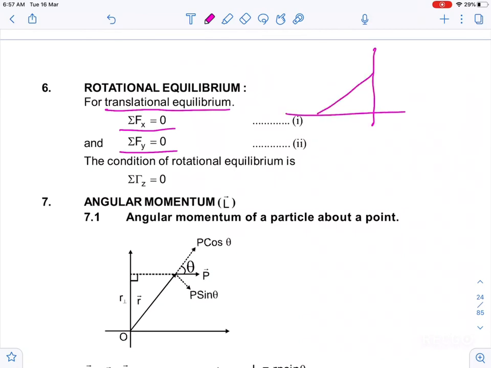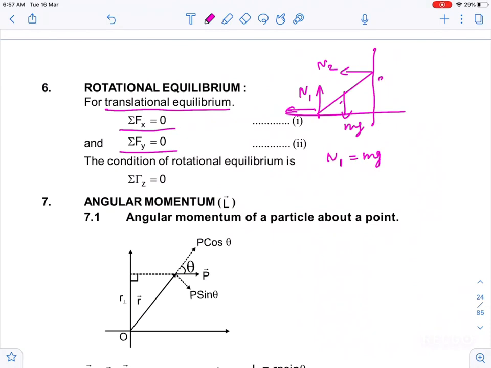We can solve some questions like that. If a rod or ladder is sliding like this, what are the forces acting on this rod? This normal here N1, this normal here N2, mg is acting like this. So for rotational and translational equilibrium, how will you write? For translational equilibrium, you can write that N1 must be equal to mg.